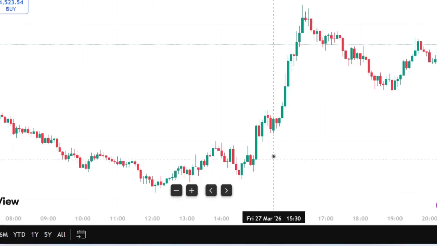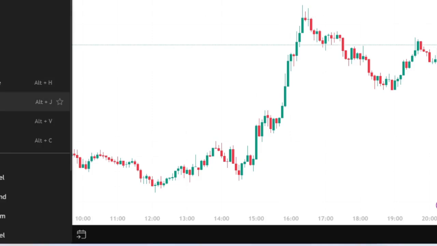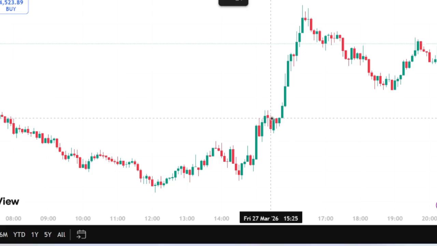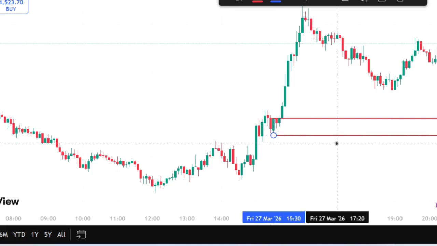So today, this was the 9:30 when the market opened. Before then, I was just waiting. I think I was likely sleeping. When it was that time, I had to wake up and come to the market and mark out this place. So when I marked this place out, I was waiting.